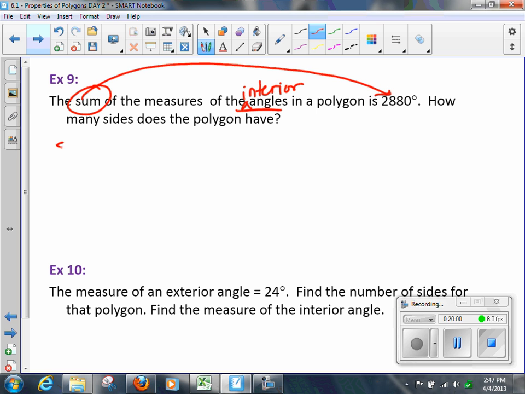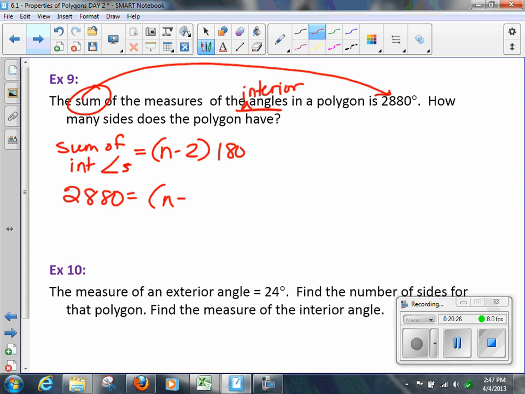All right, sum of interior angles. N minus 2 times 180, right? The sum of the interior angles is equal to n minus 2 times 180. What is the sum of those angles? Look what I'm getting ready to do. I'm going to substitute. Let me show you something. If you'll do this problem this way, it'll make it a whole lot easier on you. Less work. Okay? Instead of distributing,